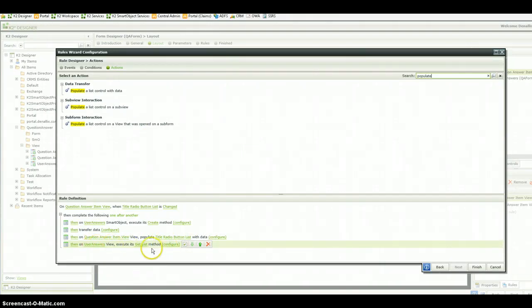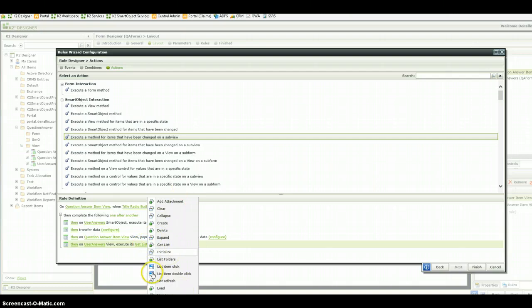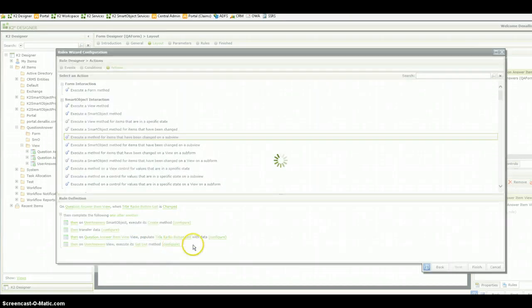And then I said give me a view method. Hopefully this all isn't too confusing, but because I set that view up originally with the smart object, the user answer smart object, it knows that get list is tied to it. So I said give me a view method. I want the view of user answers, and then there's a ton of things. I really like this. I've used quite a few of these. Because of the sequence that we're running here, when I'm done with all the data loads and transferring the data labels, I want to get the list for the user answer, and I want you to populate it with